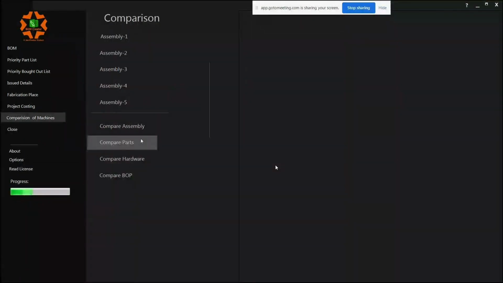So if you want to know what my common assemblies are, you want to identify the common parts, the common hardware or common BOP items, you can just quickly click and get this detail. And the best part is you release the drawings of all the common components once. You save a lot of paper. Second, this report will give the production department the complete information, like how many components have to be manufactured and how many need to be assembled in the respective machines. Again, clear-cut information which covers everything.